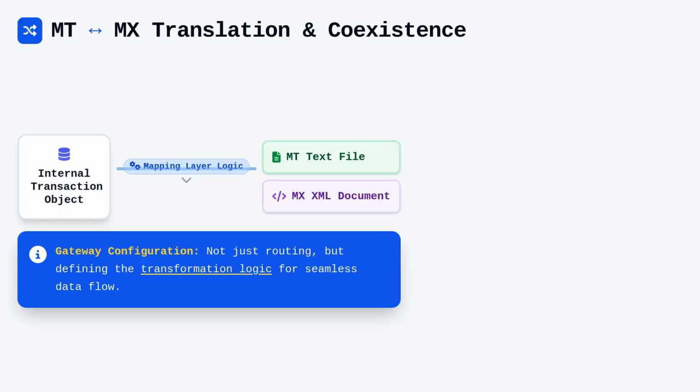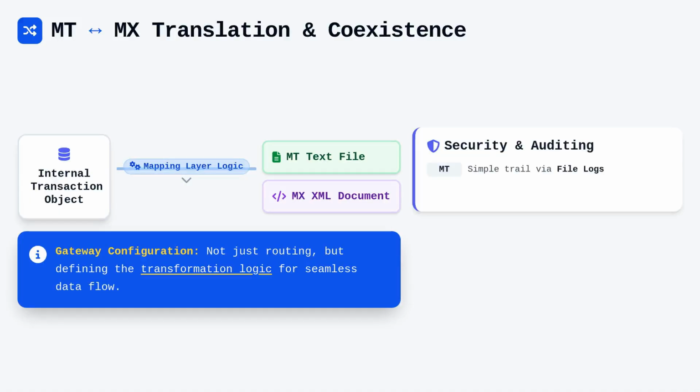It is about defining the transformation logic that allows data to flow seamlessly regardless of the transport protocol. Security and audit trailing are also handled differently here. While MT messages provide a simple trail based on the file logs, MX messages allow for granular auditing of individual